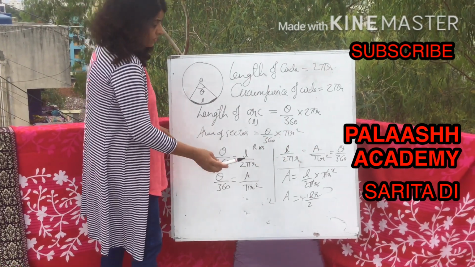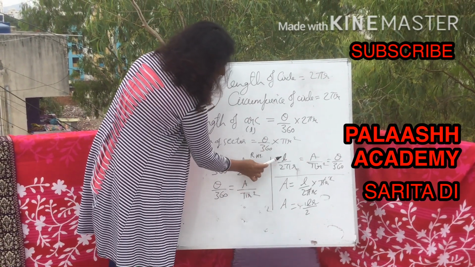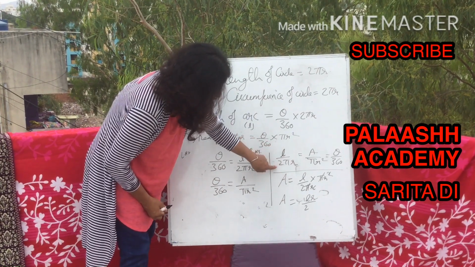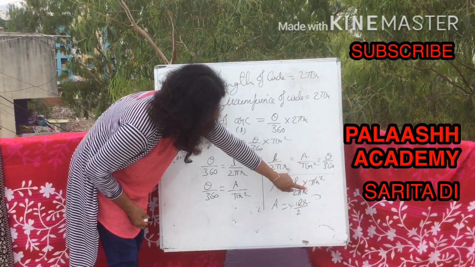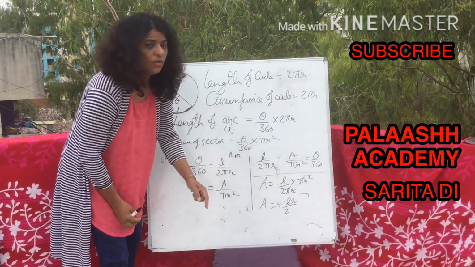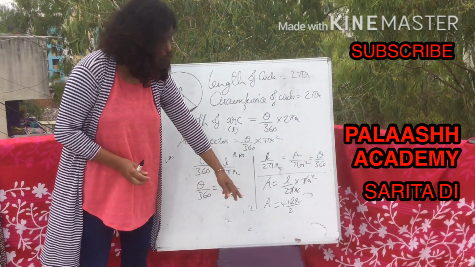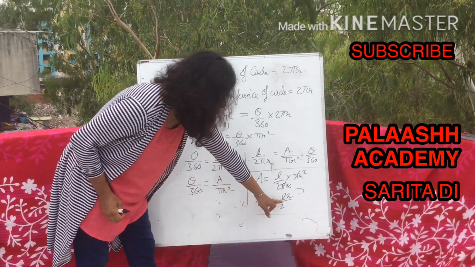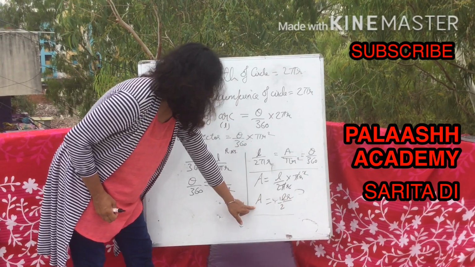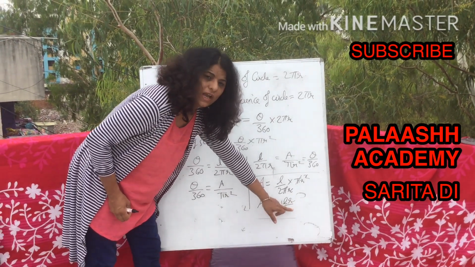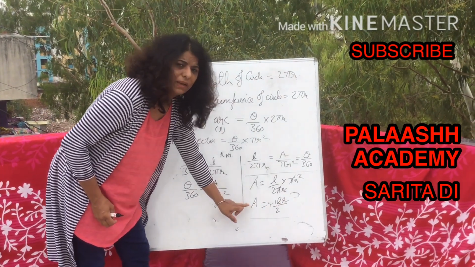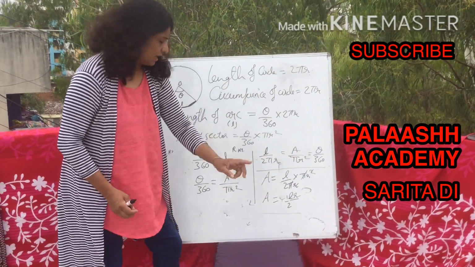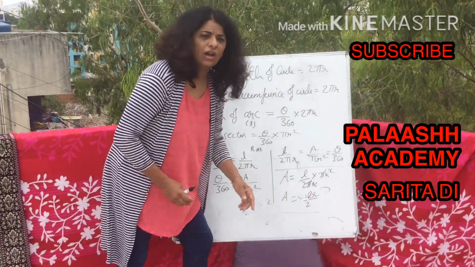अगर हम एरिया और लेंथ का रिलेशन देखना चाहते हैं तो एरिया इज इक्वल टू ये लेंथ अपॉन 2 पाई आर इंटू पाई आर स्क्वायर अगर हम करते हैं तो वो आता है हाफ ऑफ लेंथ इंटू रेडियस. दिस इज द न्यू फॉर्मूला विच वी विल बी अप्लाई. अगर आपको लेंथ मालूम है और अगर आपको एरिया मालूम है तो आप रेडियस निकाल सकते हो, या अगर आपको लेंथ और रेडियस मालूम है तो आप एरिया निकाल सकते हो. इस तरह से सिंपली एक फॉर्मूला बनता है जो रिलेशन दिखाता है एरिया ऑफ सेक्टर ऑफ लेंथ ऑफ आर्क.